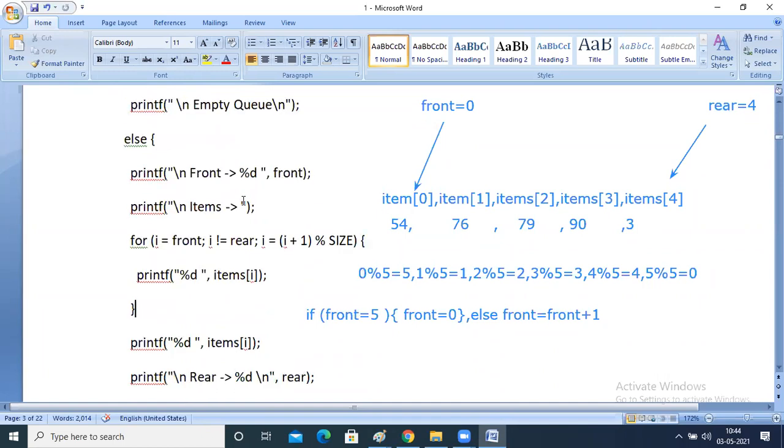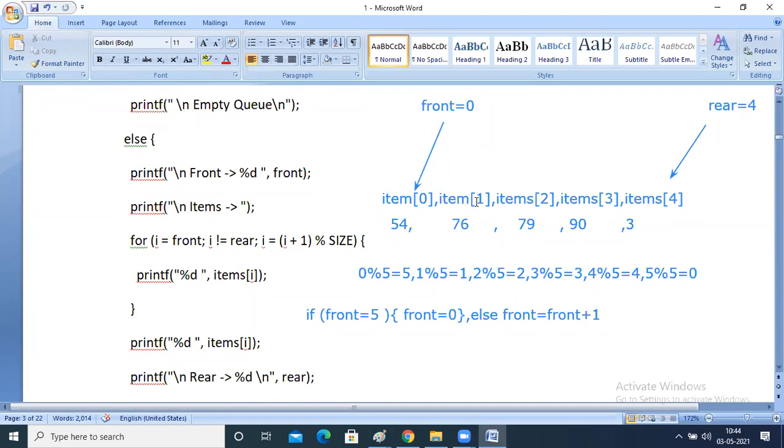So you can see the part. See here. First, I start at i is equal to front. Front may be at 0, or maybe at 1, or maybe at 2 at present. If I deleted the 0th element, then front will be at position 1. So I will be starting at the item where front is equal to 0.